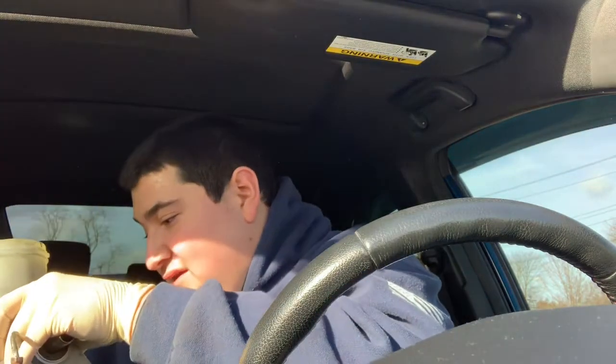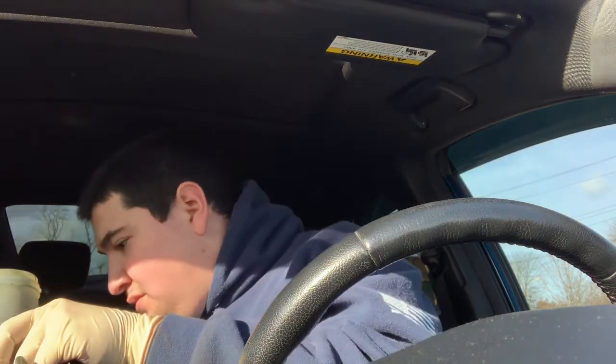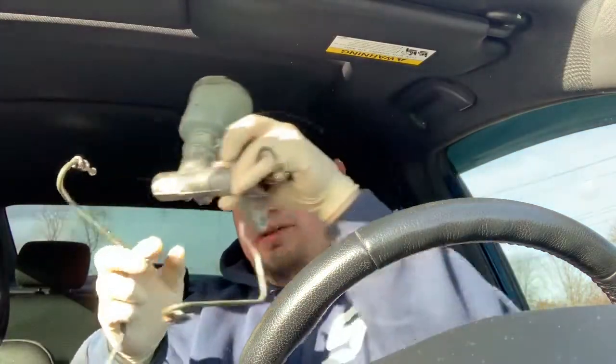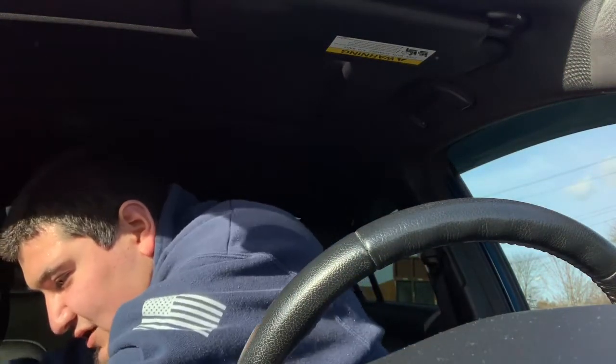I got both brake lines to go to them because these brake lines are better. And here's the other one there. And here's the other one. So that was 20 bucks. Put that on the ground. And then, so I did manage to get